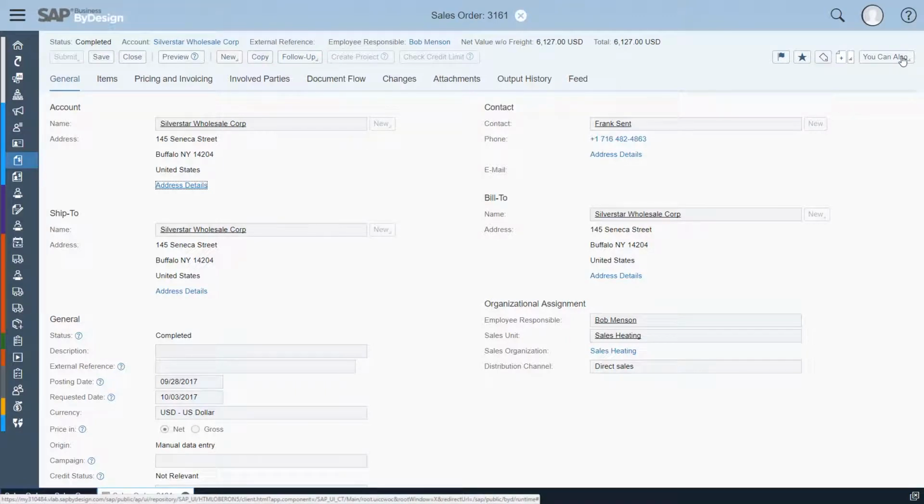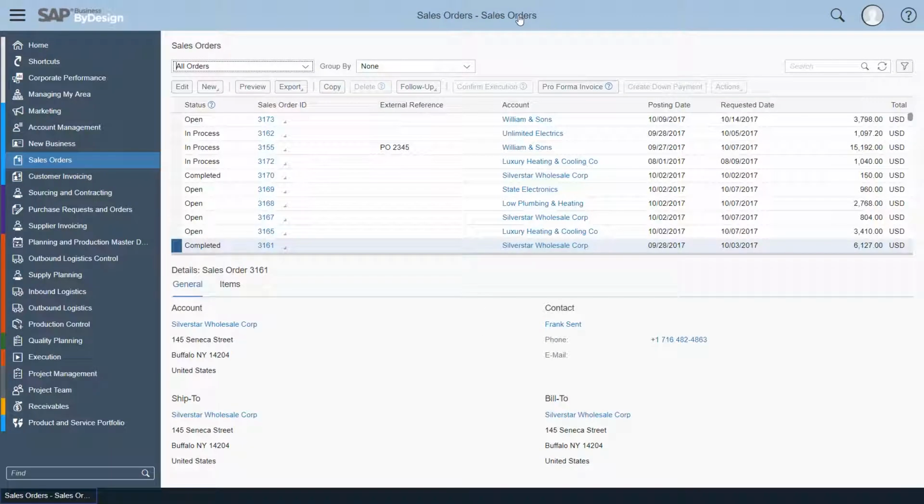It is important to mention that it doesn't matter if you would like to know more about a sales order, a purchase order, a customer invoice, or a supplier. If you would like to have more information about a specific object, you just need to click the related link and you will always get to the overview page, and then to the View All screen if you have the required access rights. Let me close the screen, navigate back to my Launchpad,